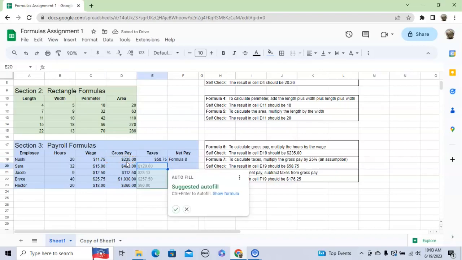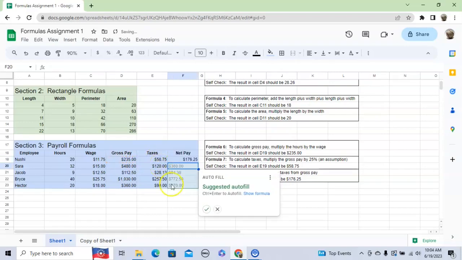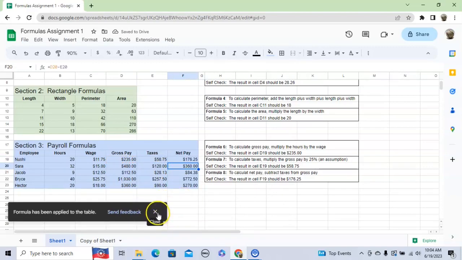of 5875. If a student doesn't do the percent sign or type in 0.25, they will get 5,875. And so they'll know they're wrong with that somehow. And so they might ask some questions there. I'm going to autofill. And for net pay, this is just going to be equal to their gross pay minus their taxes. And if you hit enter and autofill, you should